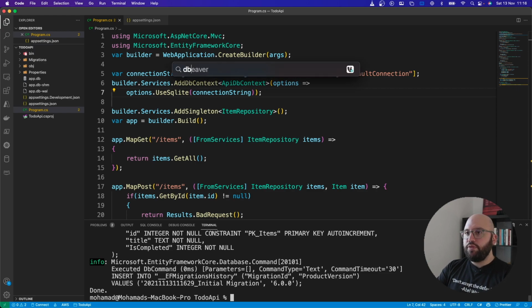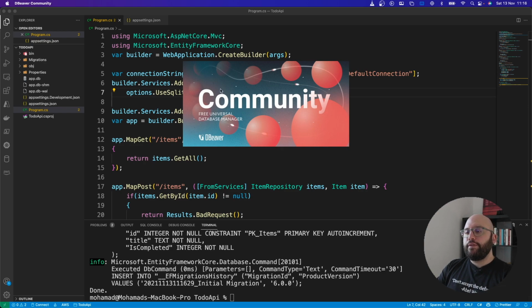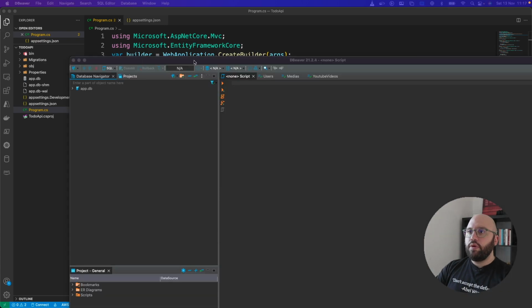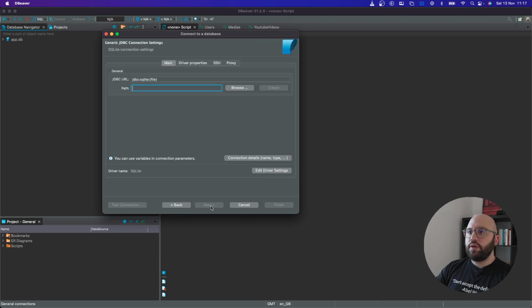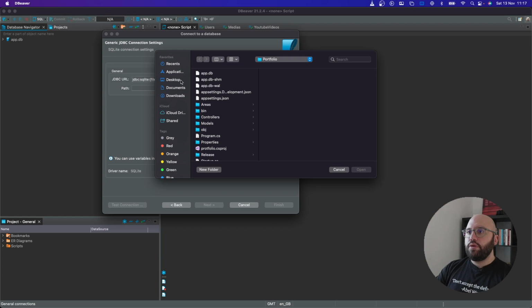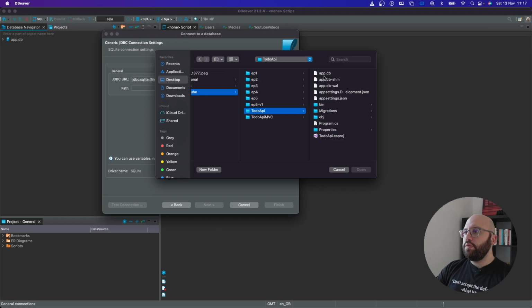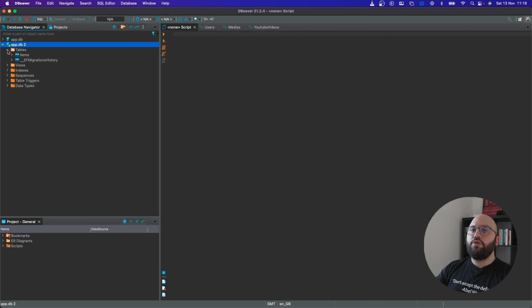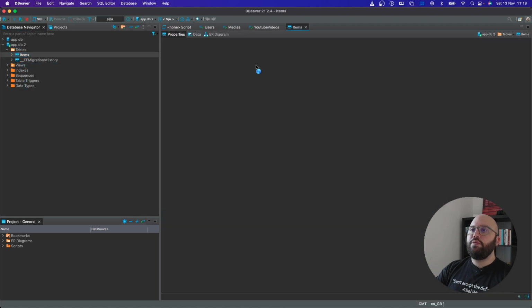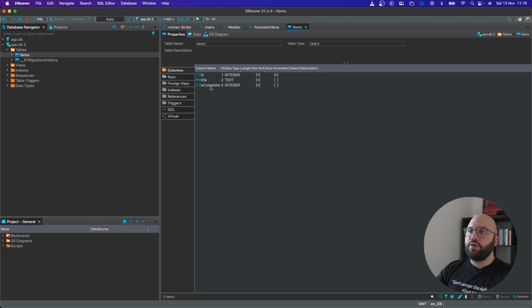And right now if we use DBeaver, let us add a new connection, SQLite, next, let's browse. So inside our desktop, it's going to be YouTube, ToDo API, and then app.db. Let us test this connection. Successful. Let us finish, and let us open this. And now we should see a table called Items, and if we view this table, we should see the 3 columns, which are Id, Title, and IsCompleted. Great. So let us go back,